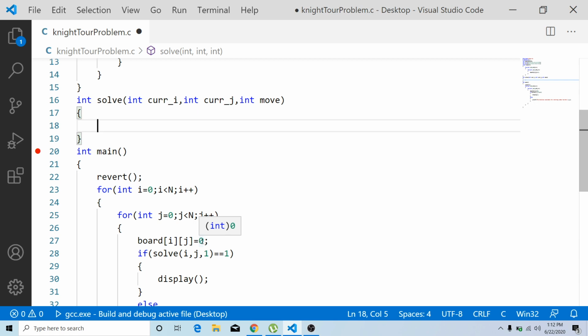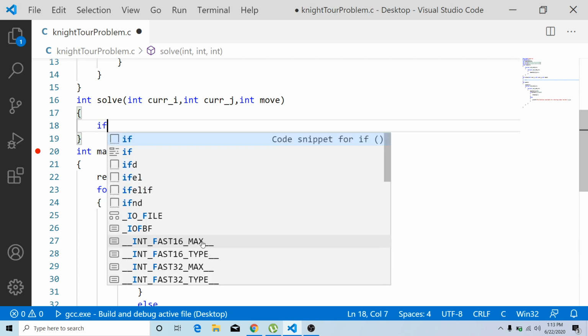Now you started with the 0th move, then you will go for the 1st move, then the 2nd move, 3rd move, 4th move, 5th move, 6th move, and so on up to the 15th move. Up to 15 it is okay. Suppose you are entering into 16, what does it mean? Already 0 to 15 moves are over. There are no more cells to visit because all the cells are visited. So you have to check whether the current move is equal to n cross n, because for 0 to 15 only you have to do the process. If you are reaching 16, you can stop. What is 16? 16 means n cross n cells.